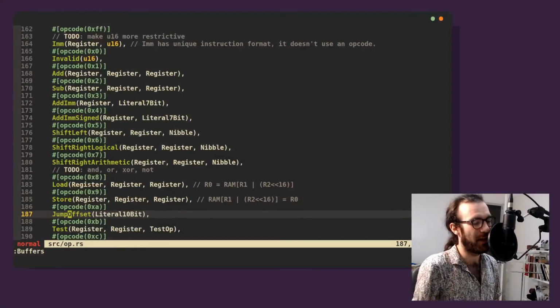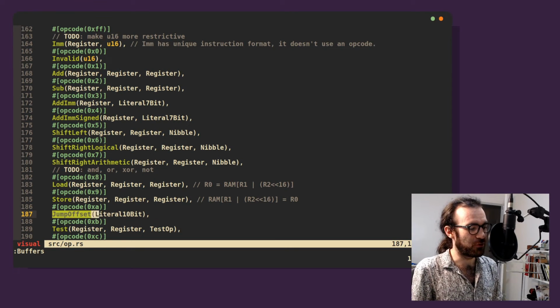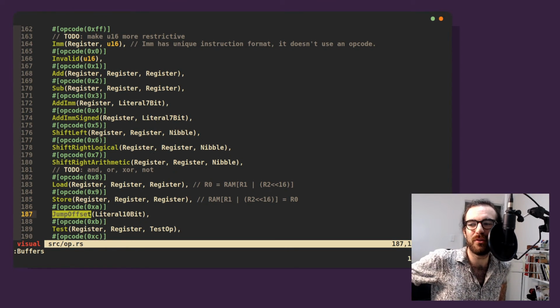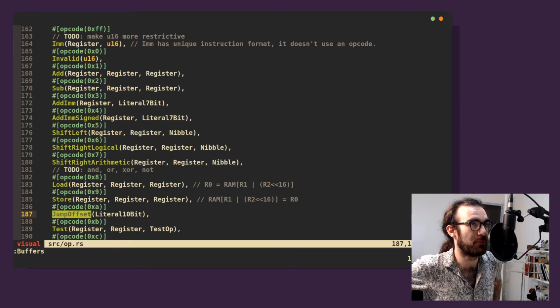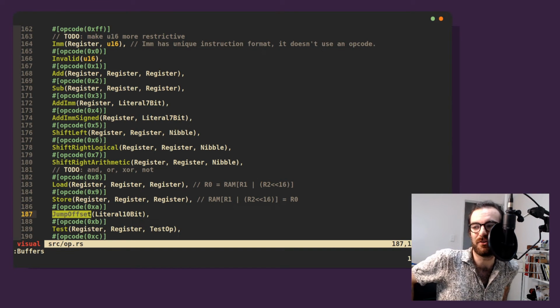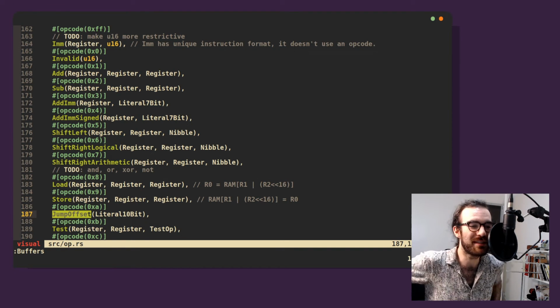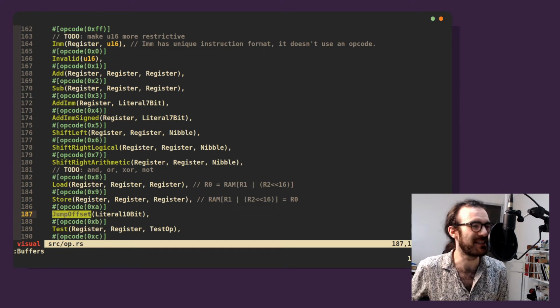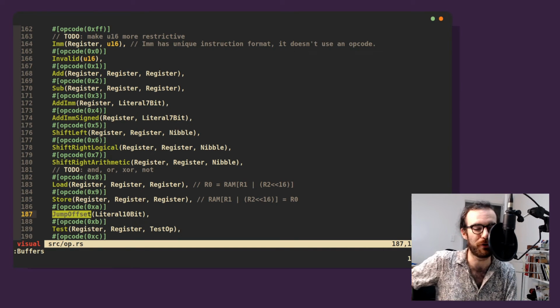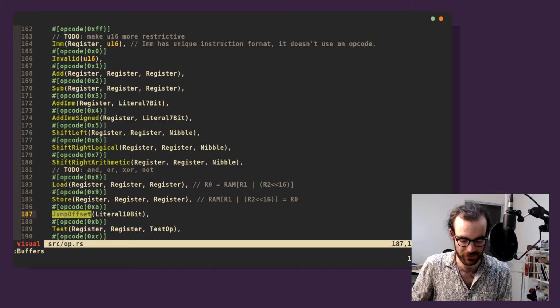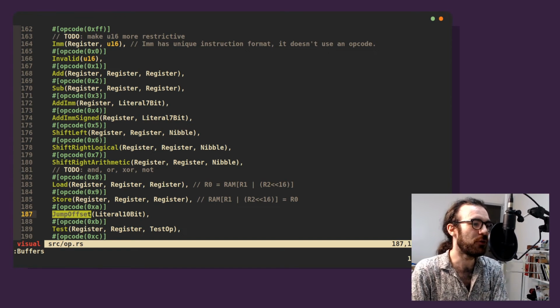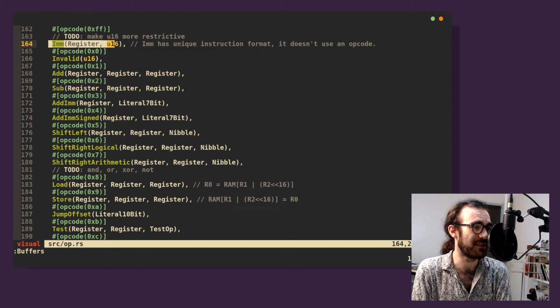Okay, I had some thoughts. I've been doing a lot of reflection. I've been doing a lot of thinking. Okay. This instruction doesn't really do much, right? There's not a whole load of utility in jumping by at most 1024, or if we do it signed, 500 bytes in either direction. That's just not that much code, right? That's only 200 instructions. The canonical way of moving the program counter around is either going to be setting it to a 12-bit number